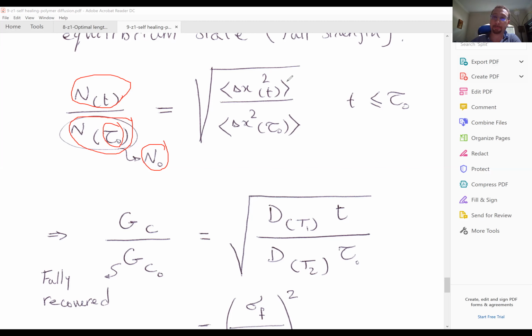And the reason I introduced this quantity, delta x squared, is because it appears in the diffusion equation. So by using the diffusion equation, I put this quantity here,